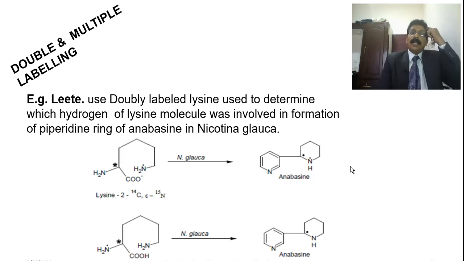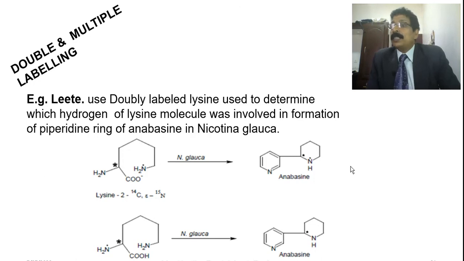The main component you want to find out is lysine, which is responsible for producing this. They injected this lysine, in which the carbon atom is labeled. There is a star you can see in the structure, at one corner, and the nitrogen also has a star, and a dot is kept in the first line. Can you see it? Anyone please answer in the message. Yes. Thank you, Sona. Can you see?